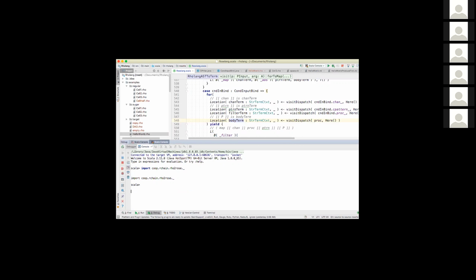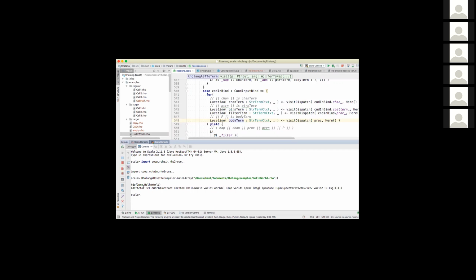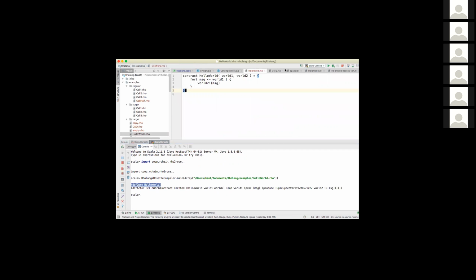And we have it here. So that's the output, which is basically the same as what you saw earlier with the Hello World contract. So yeah, that's my update.